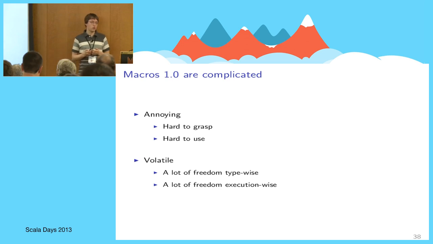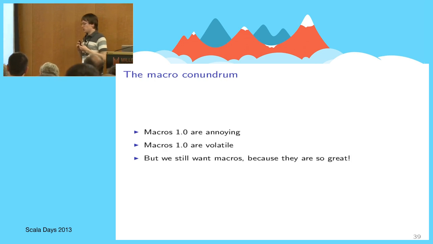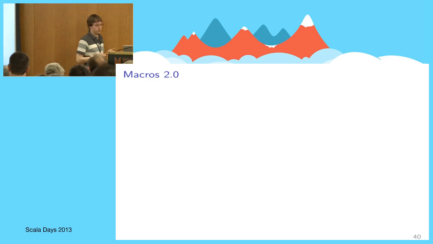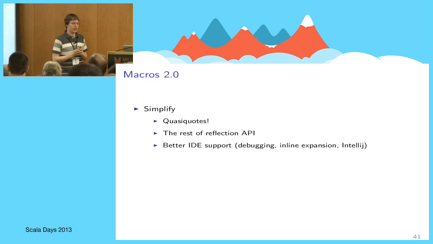All right. So what's the problem that we arrived at? Macros are dangerous, but they're so cool that we want to have them in Scala very much. What do we do with that? And here's our plan. Well, first of all, having outlined the difficulty of macro writing, now I gladly mention that we plan to remove all these problems.